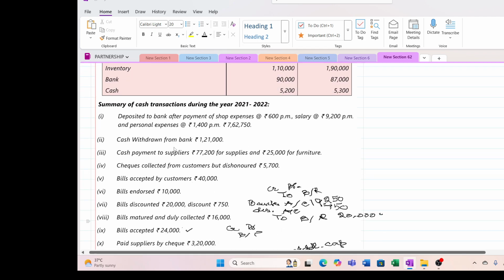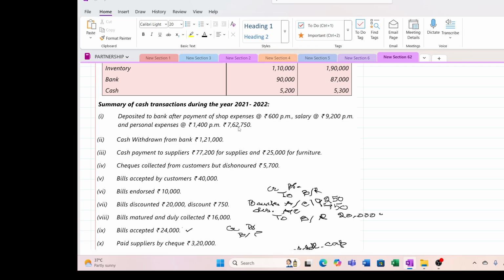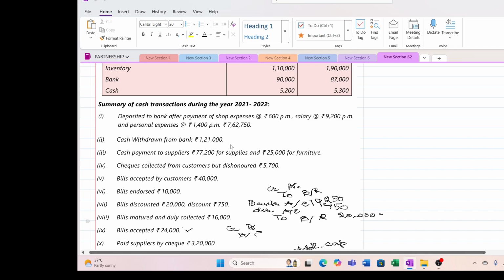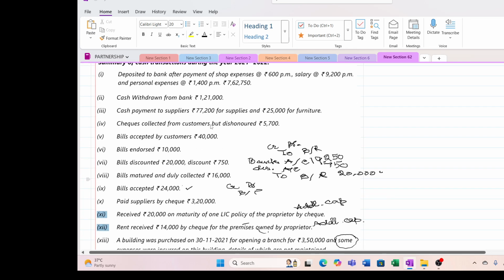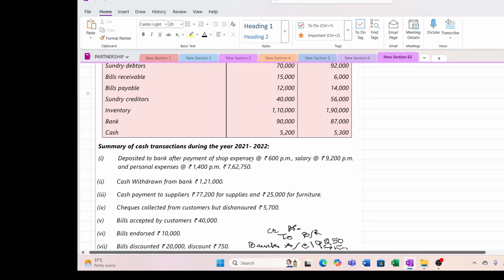And they have given some more additional information. We will see one by one. It is all related to cash and bank transactions, so we have to open a cash book with cash and bank columns. First thing is that they have made payment for shop expenses per month and salary and personal expenses. After all these expenses were made, they have deposited into bank